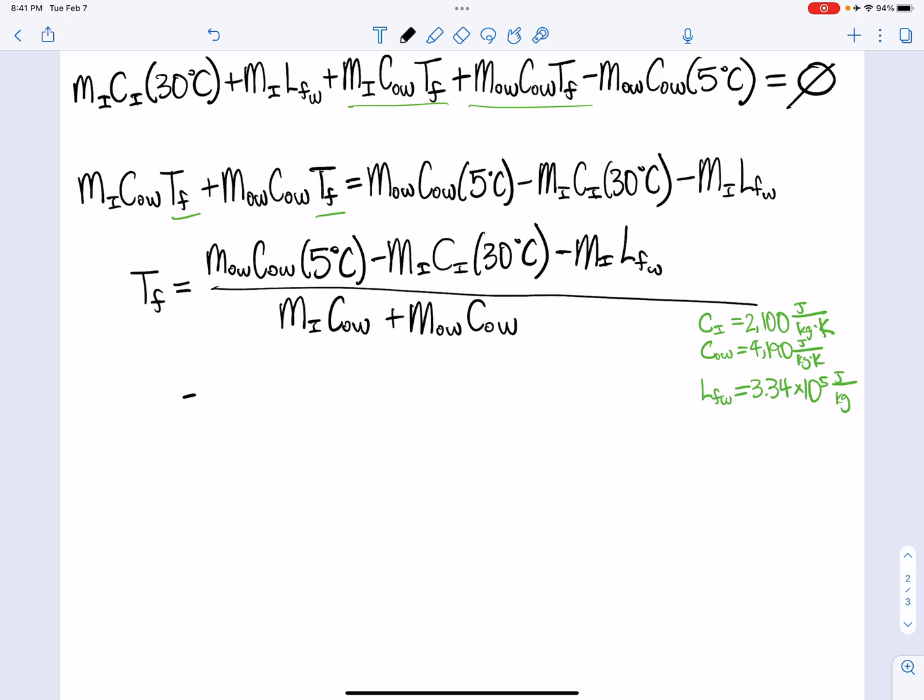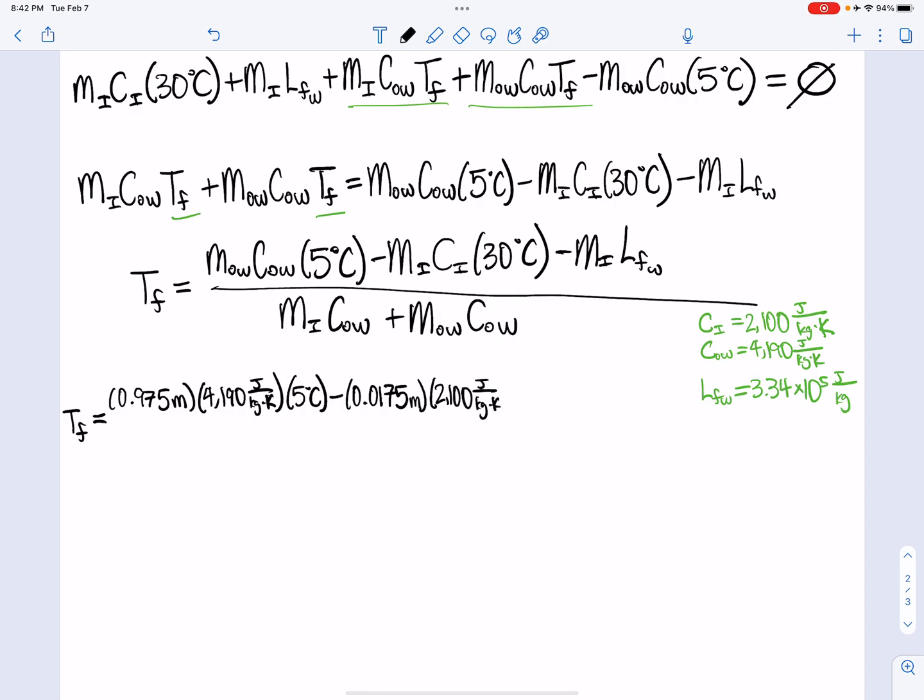So TF is equal to 0.975 M times 4,190 joules per kilogram times Kelvin times 5 degrees Celsius, minus 0.0175 M times 2,100 joules per kilogram Kelvin times 30 degrees Celsius, minus 0.0175 M